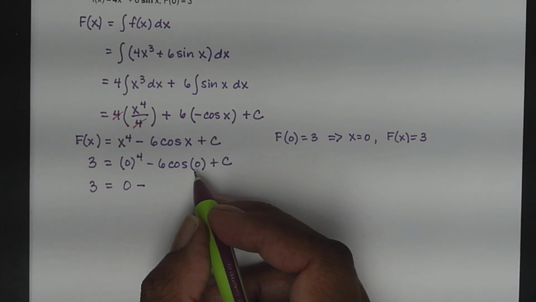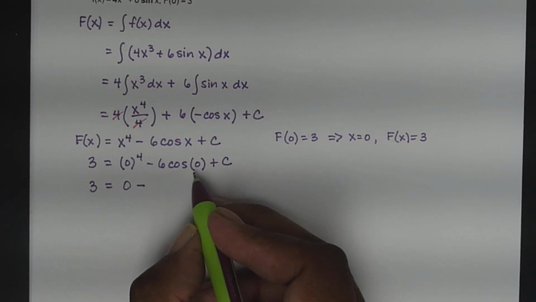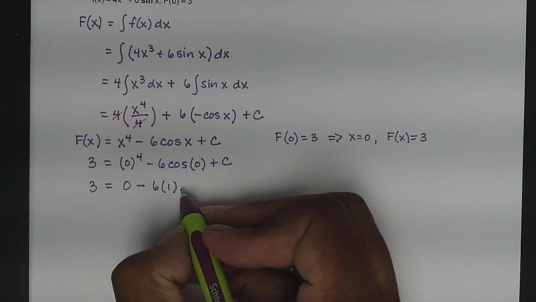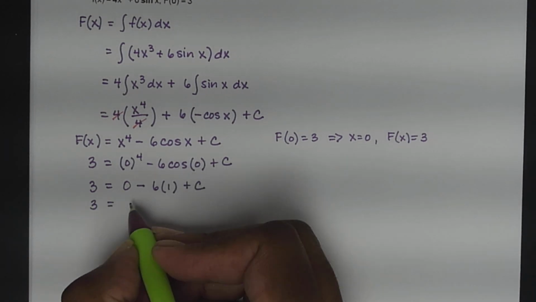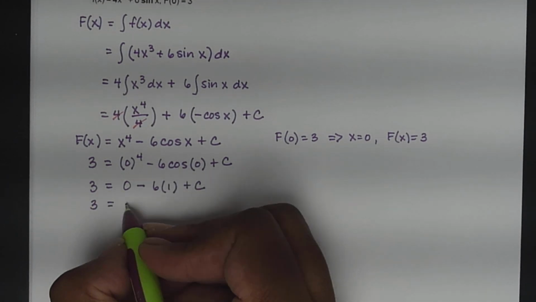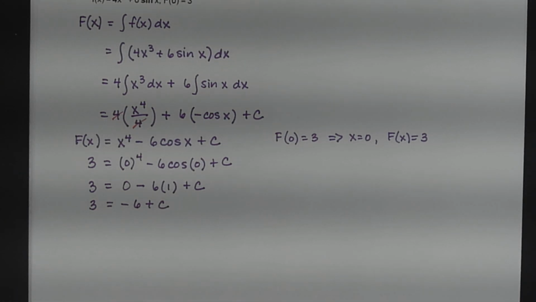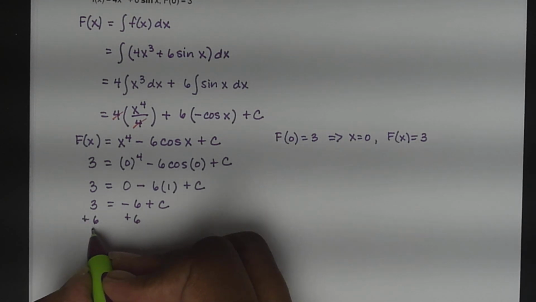You have to look through your unit circle for the cosine of 0. That's going to be 1, so it'll be minus 6 times 1 plus c. And if I do 0 minus 6, that's going to be negative 6, so negative 6 plus c is equal to 3. Add 6 to both sides, you'll get c is equal to